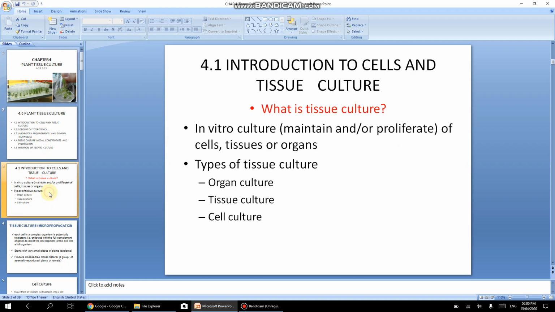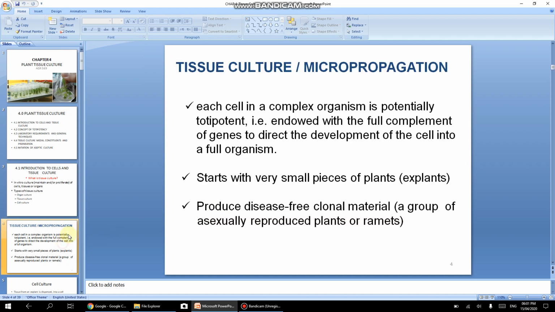So there are three types of tissue culture: organ, tissue, and cell. It depends on what you want to put in. For example, organ such as seed, tissue, which is you cut it, or maybe cell, which is you chop cells and you put chemicals to get them separated into cells. For tissue culture,